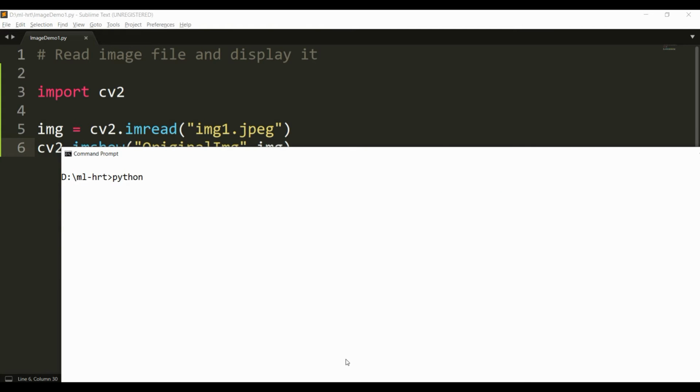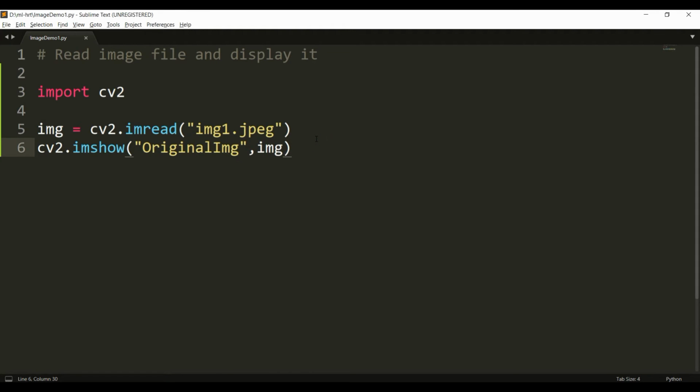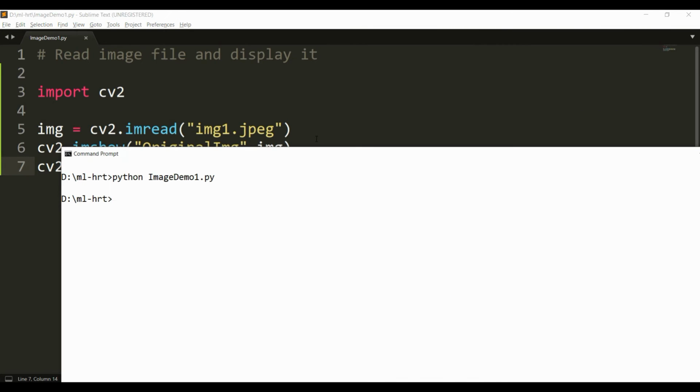python image demo 1.py. So you can see the output has come, but it has flashed and it has gone. It is not staying. So I'm typing another function, cv2.waitKey, cv2.waitKey, now passing 0 inside that. Now after writing this statement, let us see it once again.